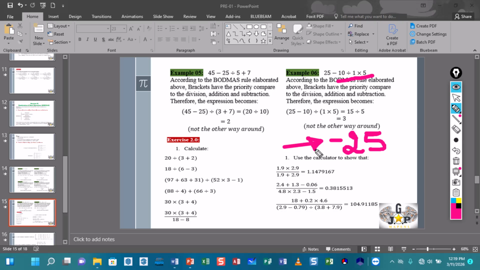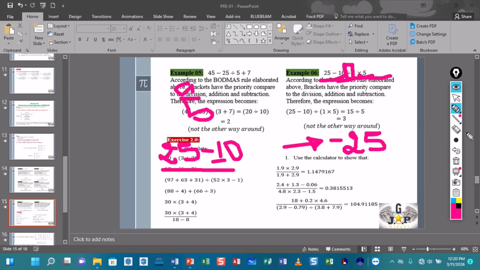The second solution is to do with the bracket. Remember, when the division is at the center, your division is a midfield of your left operator and your right operator. Consider it as a fraction, A over B. So I can rewrite this as 25 minus 10,